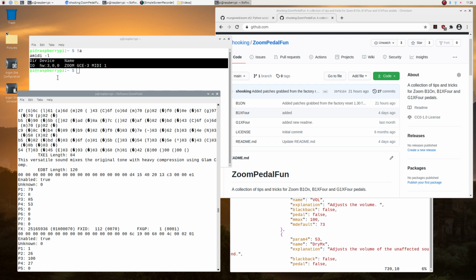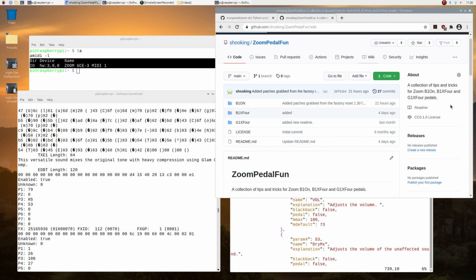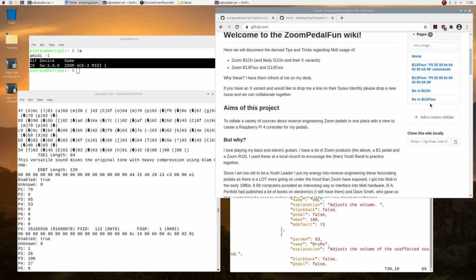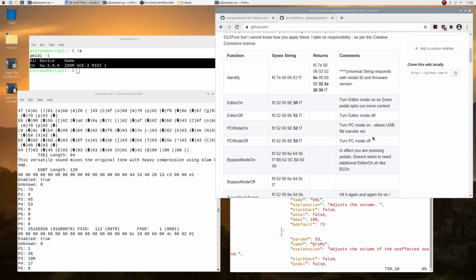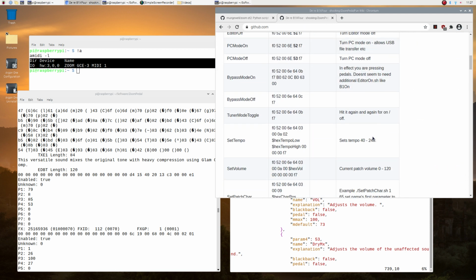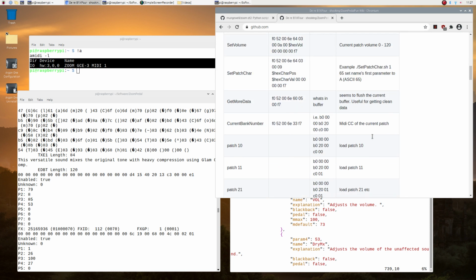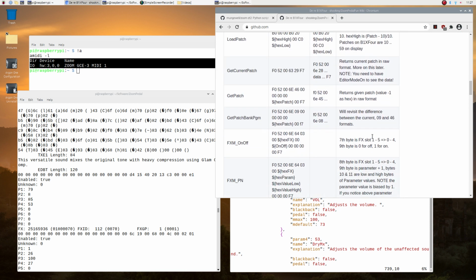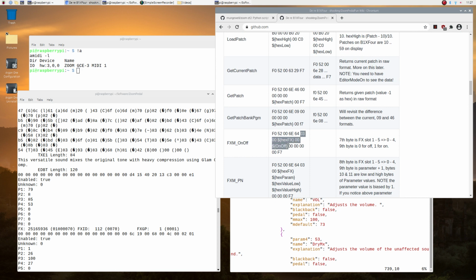And also, as I've been decoding some more sysex, I found some extra strings which gradually I'll put in. So I've got a wiki here, and gradually I'll put more information, for the B1X4, for example. So these things here for turning an effect on and off somewhere. This one here uses 0300, and then you send an on-off string there, yeah?